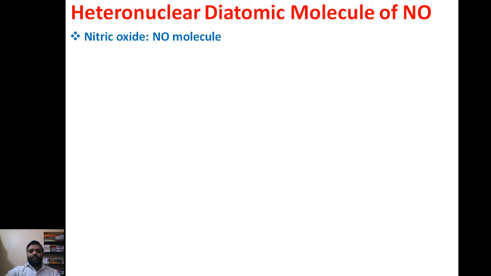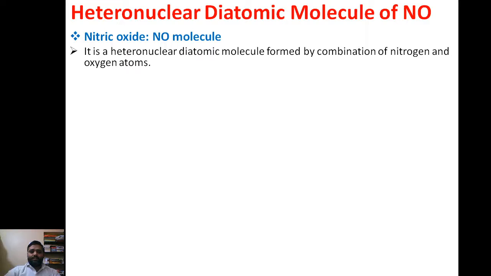You can write its electronic configuration, then how many orbitals are involved in the bonding and anti-bonding, and you can draw the energy level diagrams. First, you can take the introduction part of the NO molecule, and then you can draw the diagram and write its explanation in three steps: electronic configuration, bond order, and its magnetic properties. Keep in mind that in this way you can discuss the CO molecule, NO molecule, SCl molecule, as well as polyatomic species, and apply it to a number of examples.